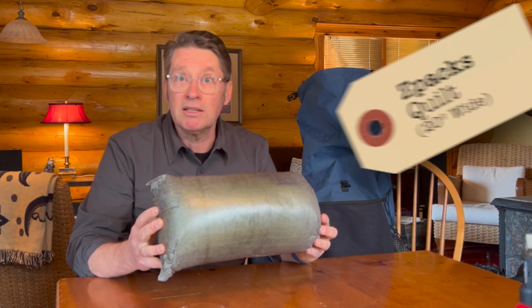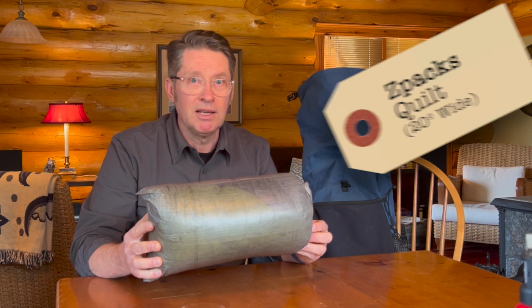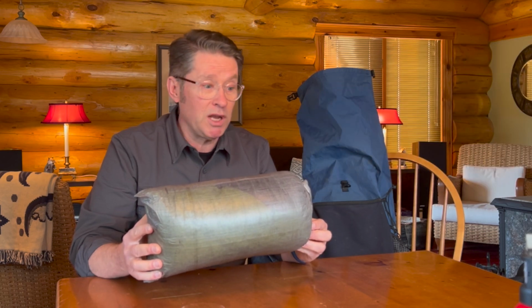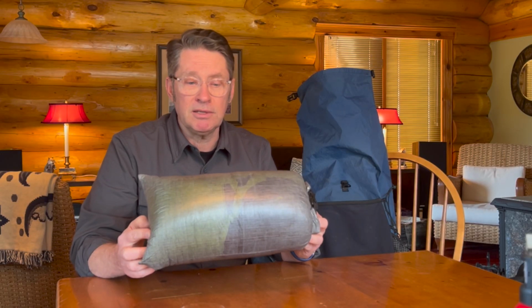So this is my sleeping system. This is my quilt by Z-Packs. Again, I've used this a great deal, and I've tested it a great deal. Still like this, so this is a keeper. And it's stored in a waterproof roll bag, also DCF fabric, which protects the bag from moisture. So last but not least, at the very bottom